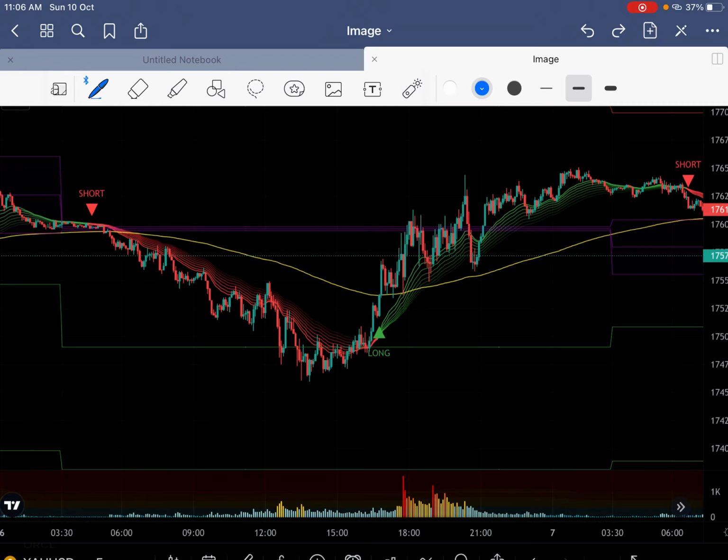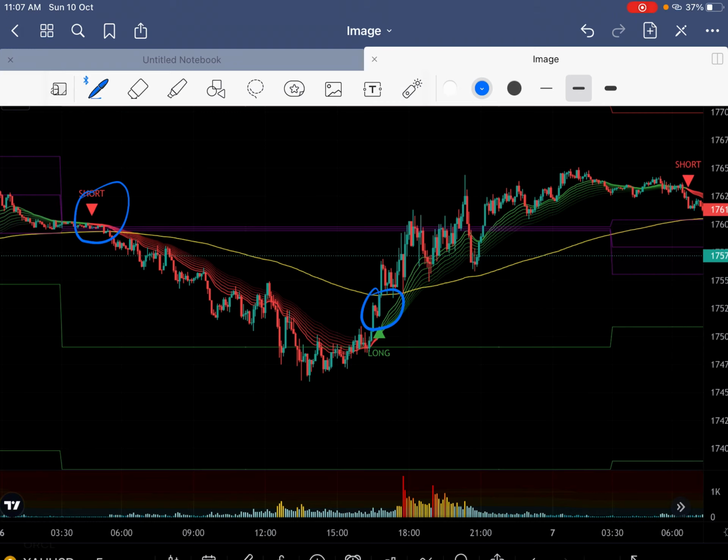As you can see from here, I am getting a buy and sell signal from this strategy. This is a very indicator-based strategy, and there is no price action in this particular strategy. Price action is extremely important, and you have to learn very different types of patterns and candles. But in this strategy you do not have to learn those patterns. This is very simple and effective, but you have to follow the instructions very carefully.